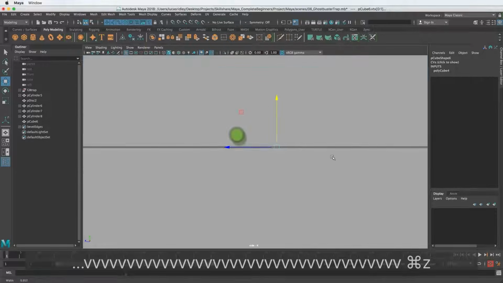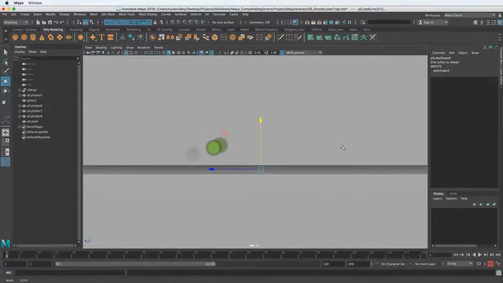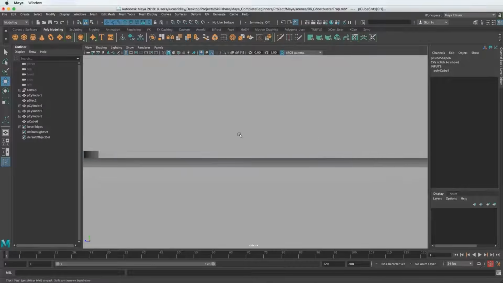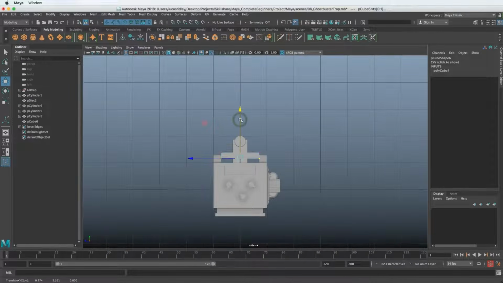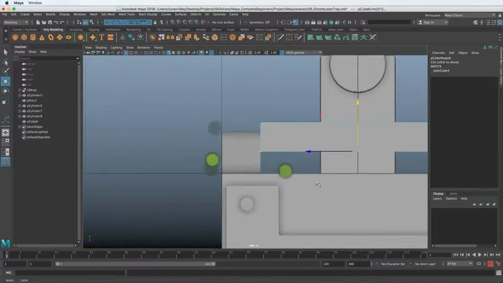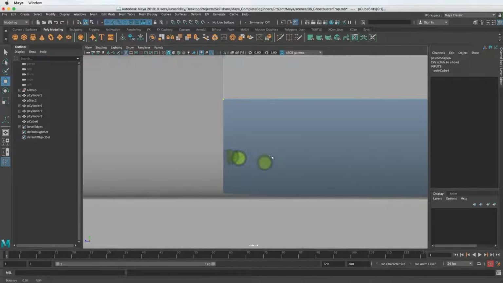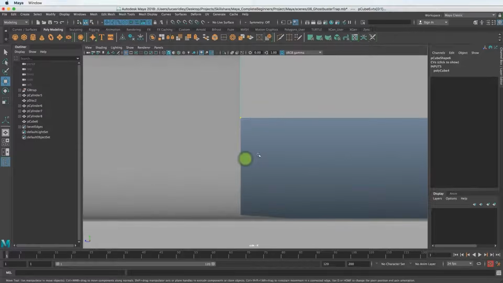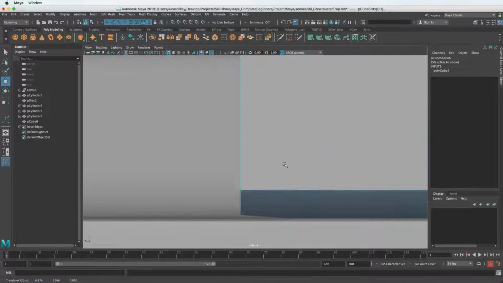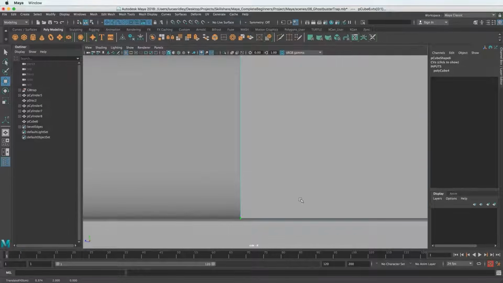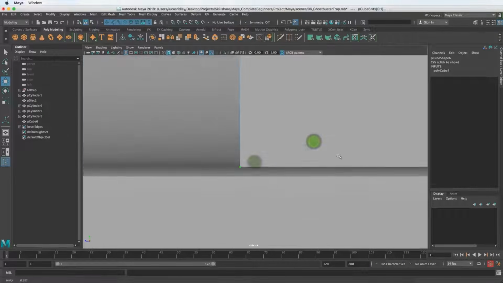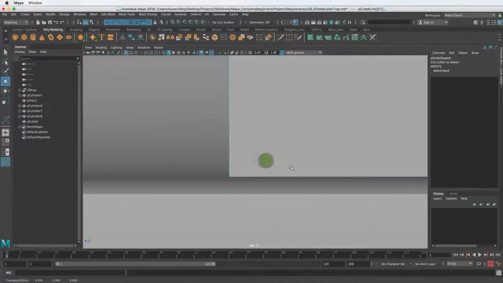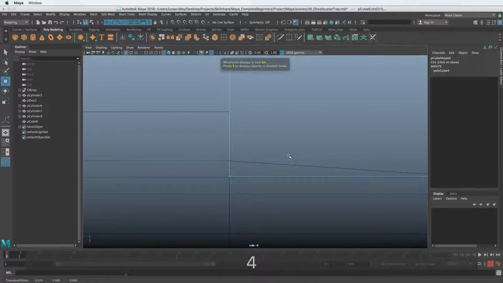So in that instance, I just come in really close, zoom in with my camera super close, and I have the manipulator tool selected for Y, so I know that I can zoom in, for example, let's say on these vertices, and I don't have the manipulator tool, but what I can do is hold down the middle mouse button and drag, and I know it's locked to that vertical axis, so that's another way to do it. And I can zoom in super close and even hit wireframe by hitting 4.